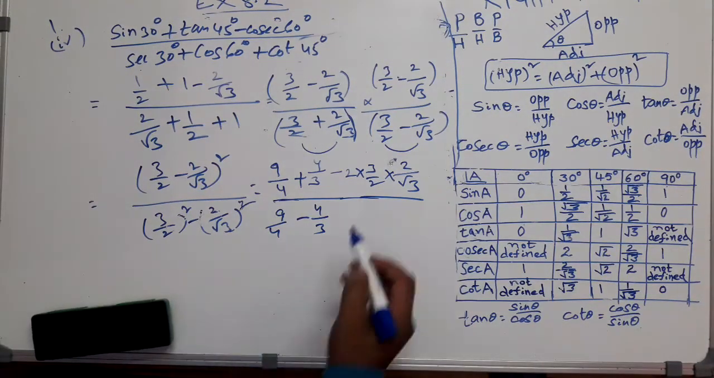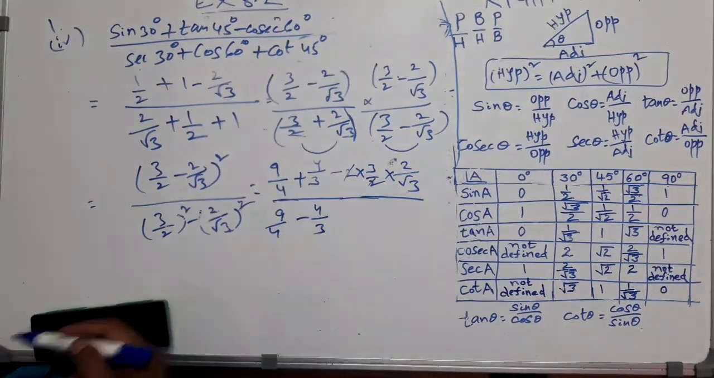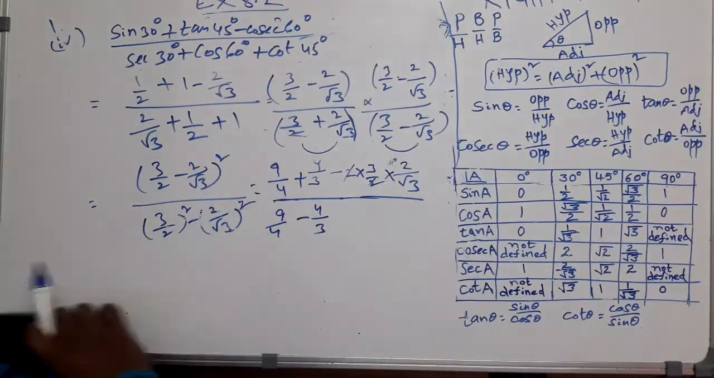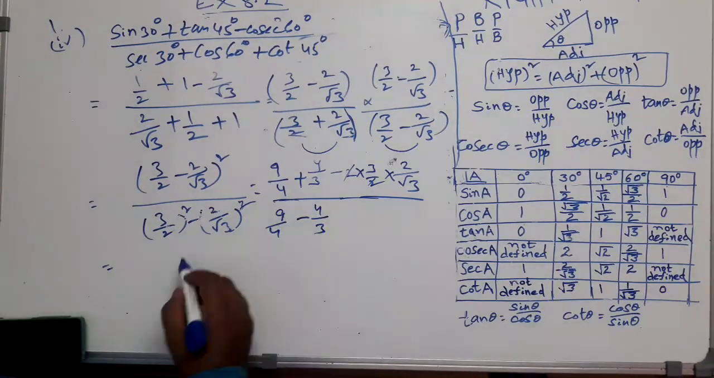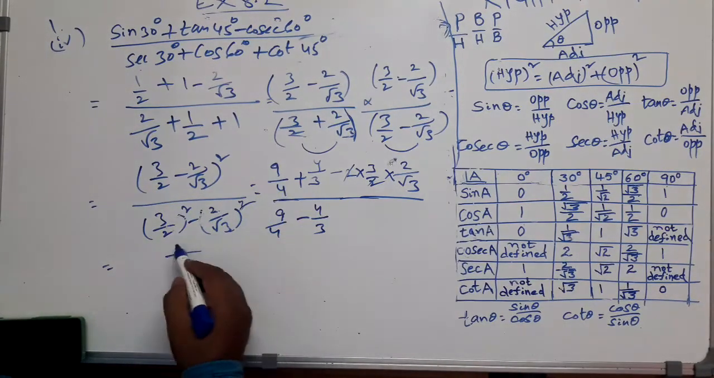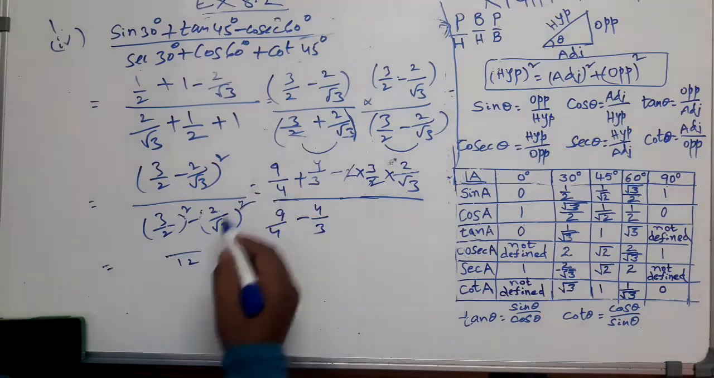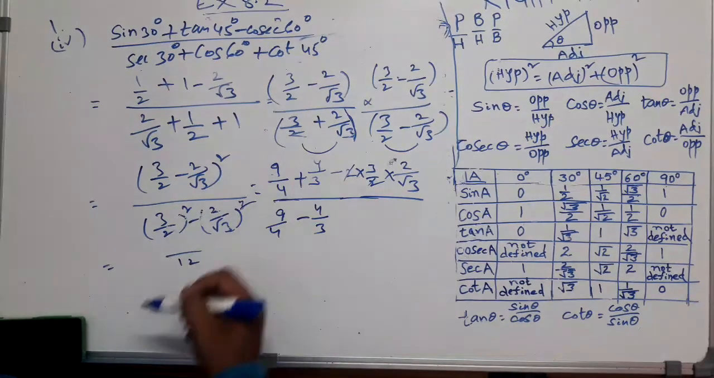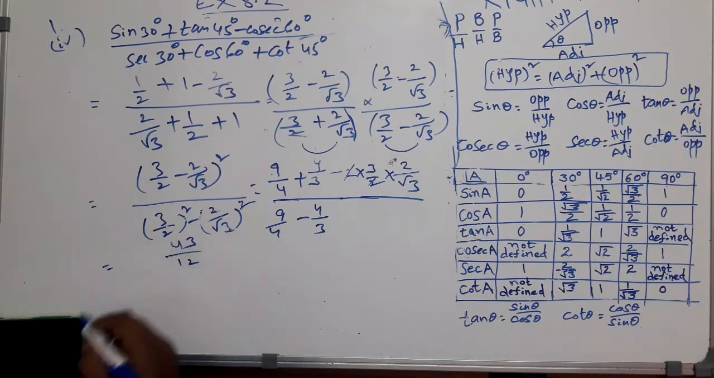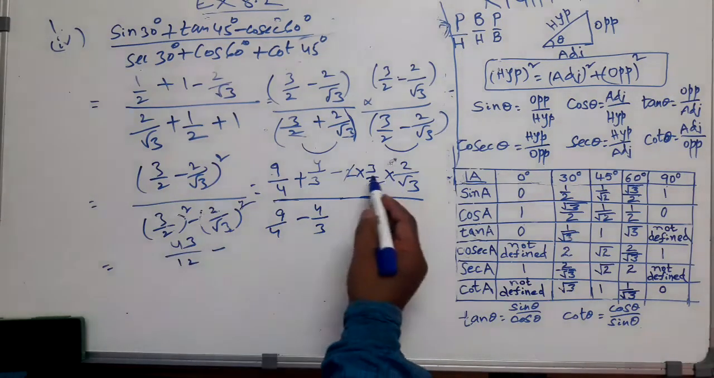Let us simplify further. The 2 got cancelled. How about this one? What is the LCM here? This is 12. 9 3s are 27 plus 4 4s are 16. 27 plus 16, that is 43, right? Minus, this is,